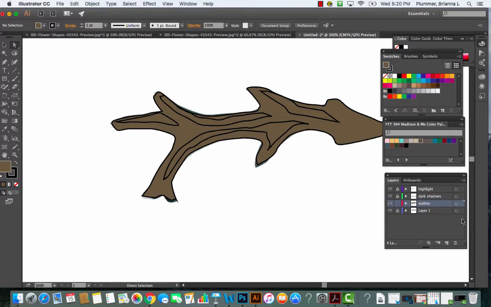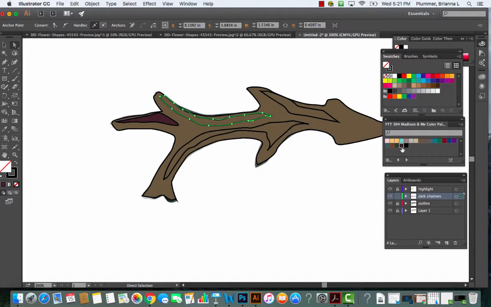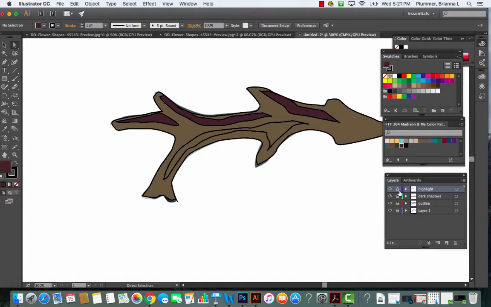Let me go in here now to my dark shadows. I'm going to lock this one, unlock this one. My dark shadows, I'm going to do like this plum color. So that's set up. My path, dark plum, path, dark plum, and path. Now I could use the Shift key and select all three at the same time. That's fine. I'm going to lock this, go to my next layer, highlight, unlock, and let me pick a highlight